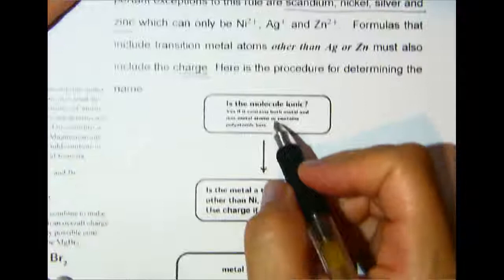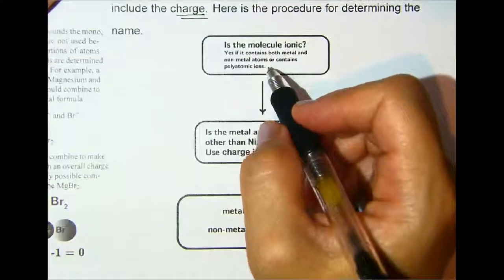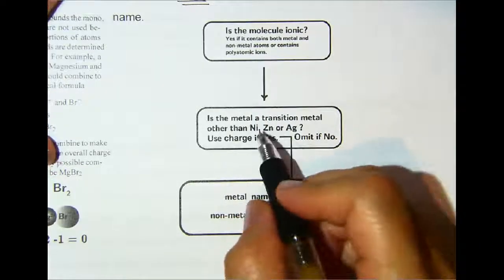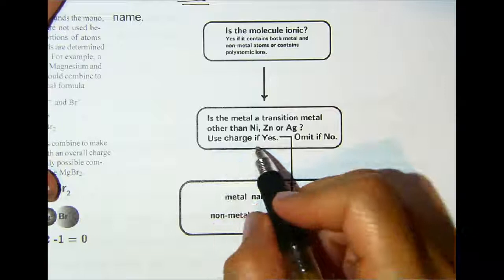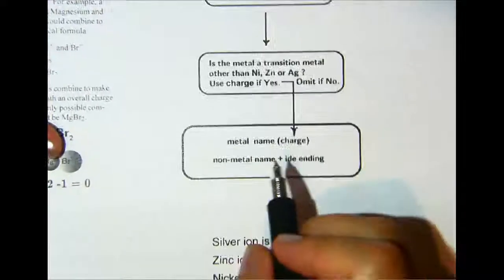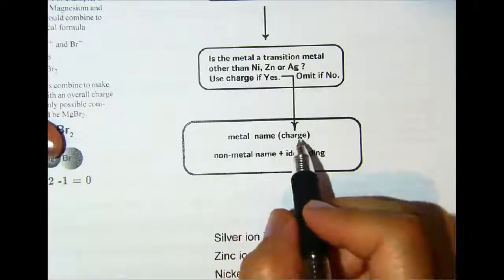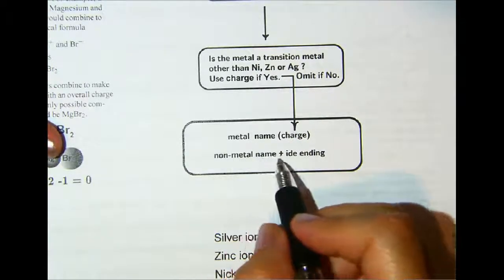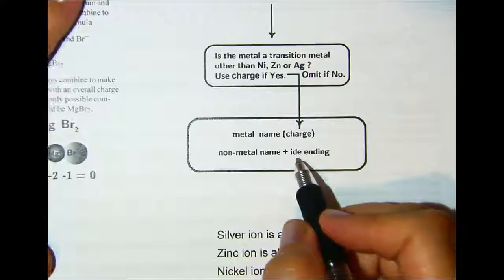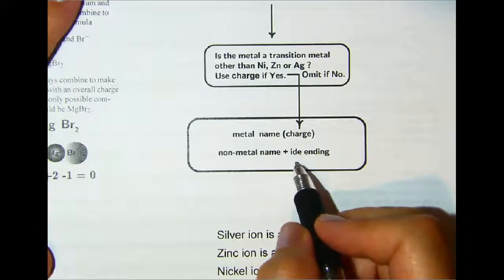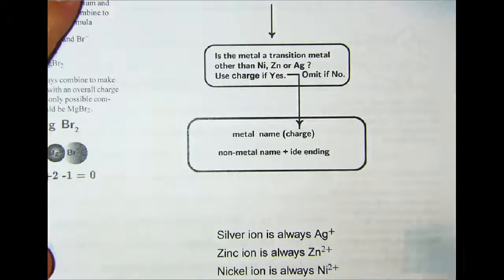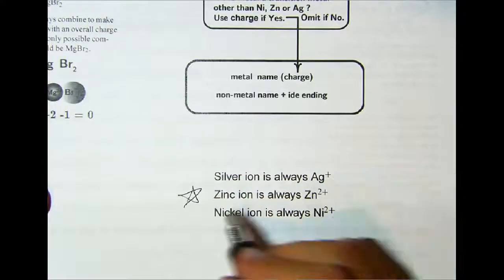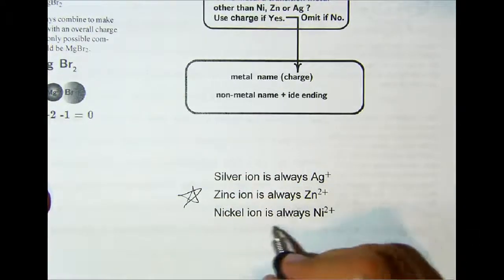Is the molecule ionic? Yes, if it contains both metal and nonmetal atoms or polyatomic ions. Is the metal a transition metal other than nickel, zinc, or silver? Use charge if yes, omit if no. So you would name the metal, and then you would put the charge, if applicable, if it's a transition metal, followed by the nonmetal name ending with "ide." You might have polyatomic ions, in which case the ending would be an "ate" or an "ite" instead of "ide." Silver ion is always Ag plus 1, zinc ion is always zinc plus 2, and nickel ion will be always